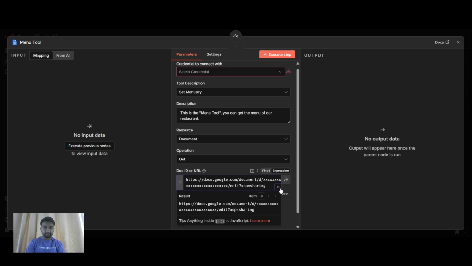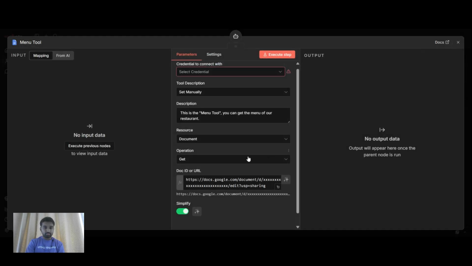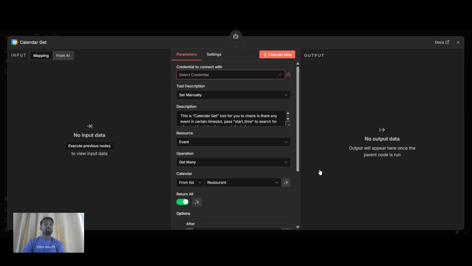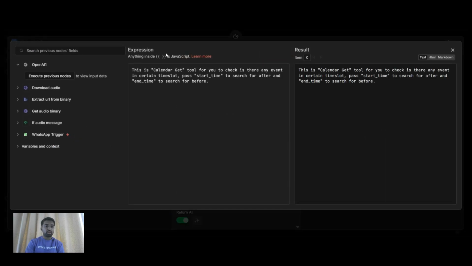I'll expand this. Wait a minute. Just make sure this is your whole URL, and this is where you put your Google Docs digits. Okay, just make sure you put your Google Docs URL over here. That's it. It's very simple. Google Docs is done. Your menu has been sent to the AI. And then if someone wants to book a reservation, let's take an example, someone wants to book a reservation at a restaurant, then this is the get calendar link where the AI can check every time a new person is trying to book. This is a calendar get tool for you to check